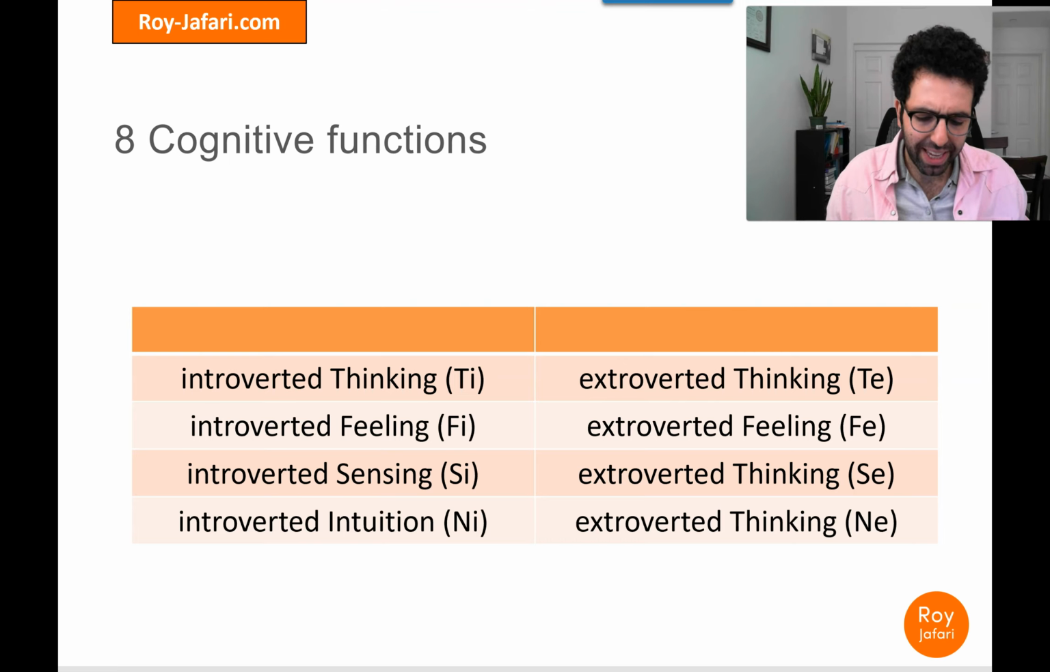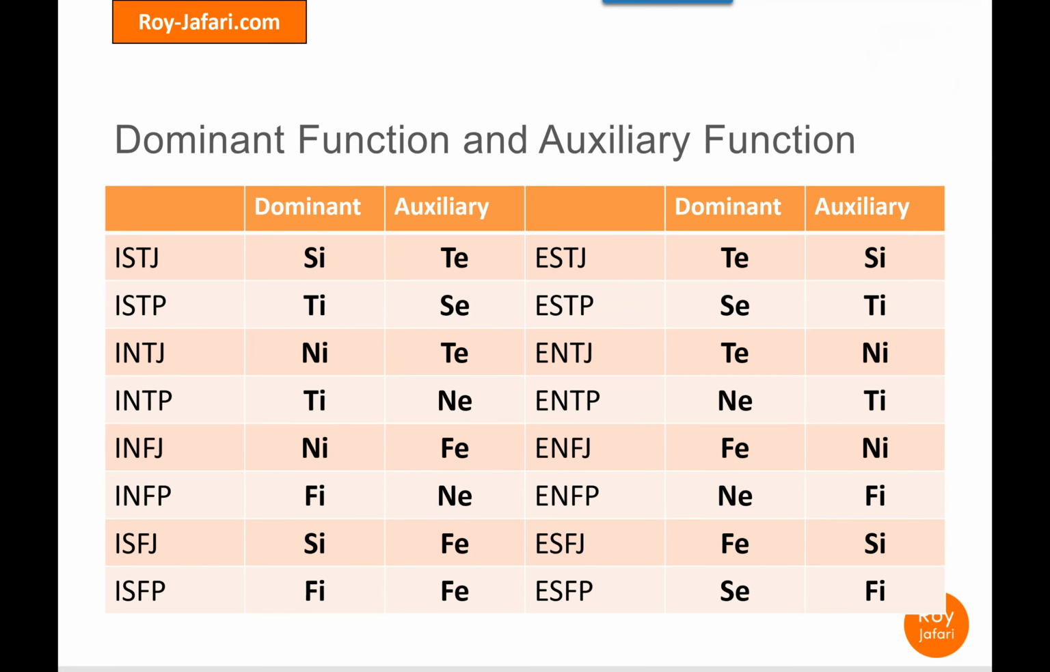So there are these 8 cognitive functions, and each of these 16 personality types that we have, 8 of them are here and 8 of them are here. They either have a dominant or auxiliary one of these functions, right? So for instance, ISTJ, its dominant cognitive function is Si and its auxiliary is Te, and so on and so forth. So if we knew this theory and had a good understanding of it, we could have